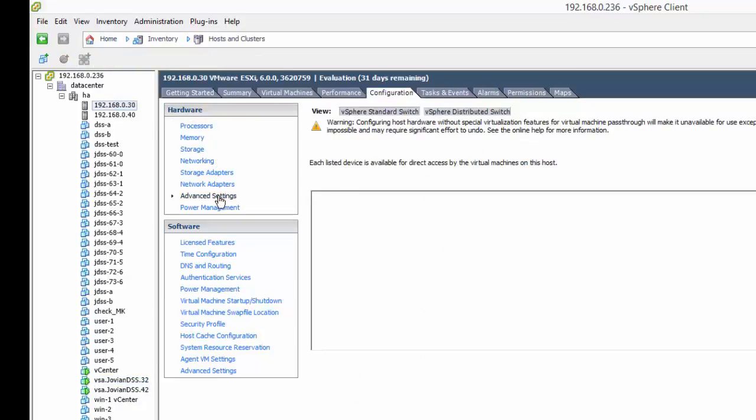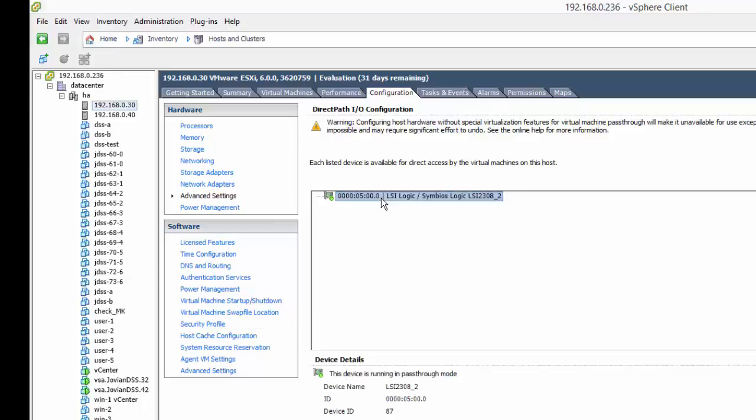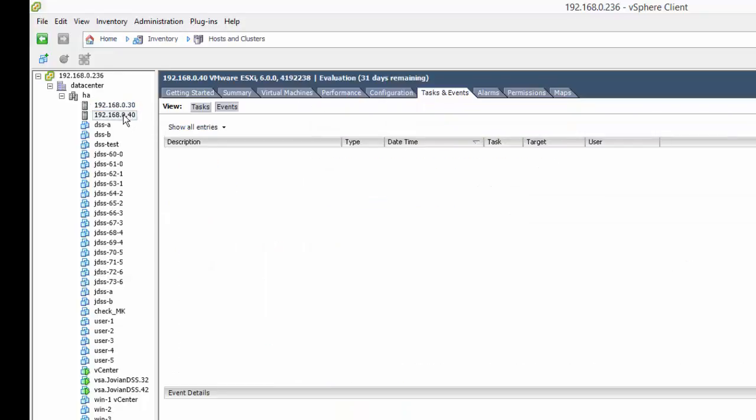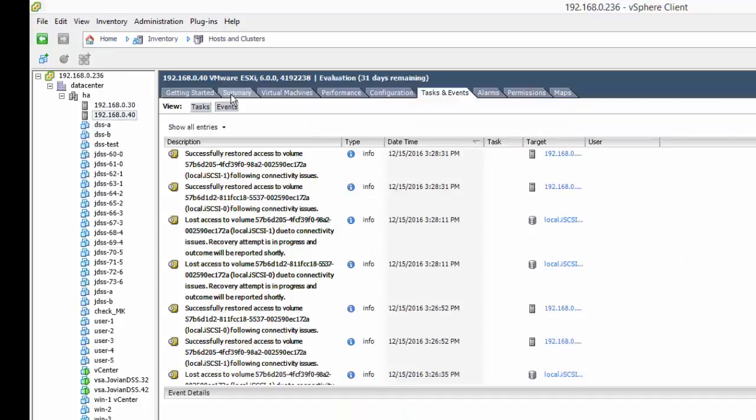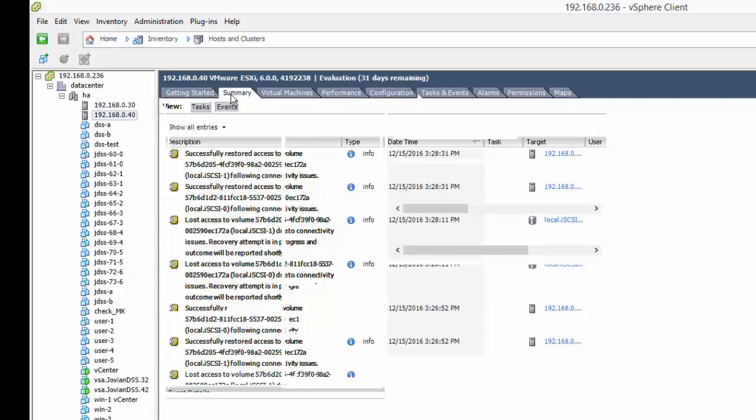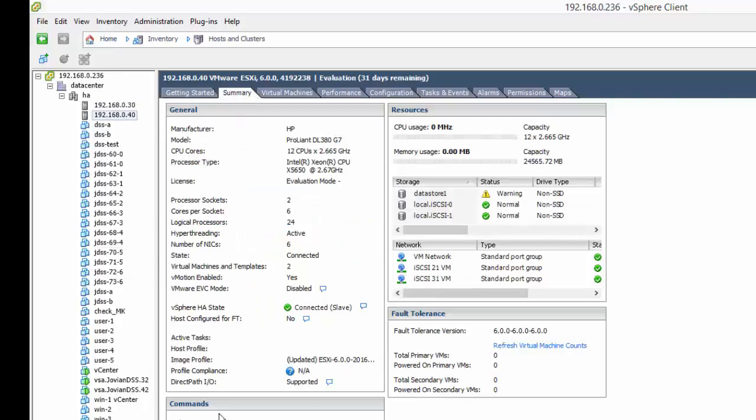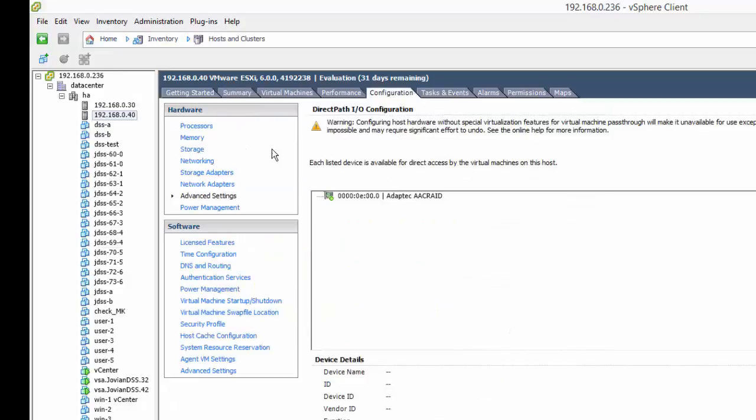On the first one I have an LSI Logic HBA, and on the second one I need to go to configuration, advanced settings. I have an Adaptec HBA. So this is to demonstrate that both LSI and Adaptec can go as a pass-through device, right?